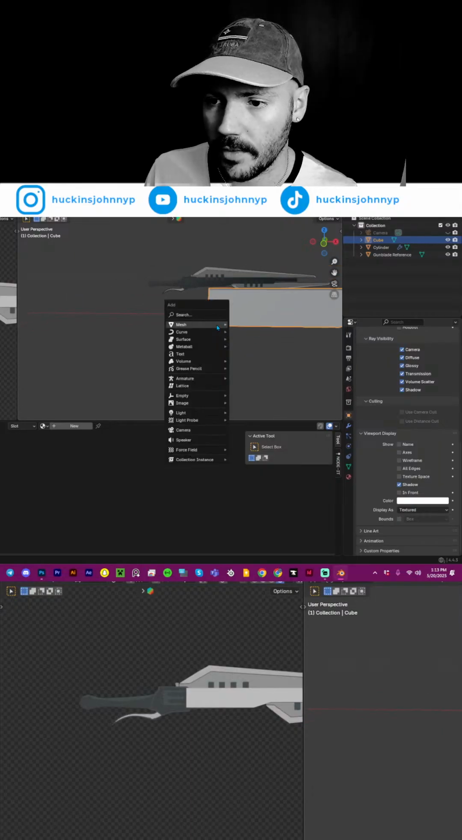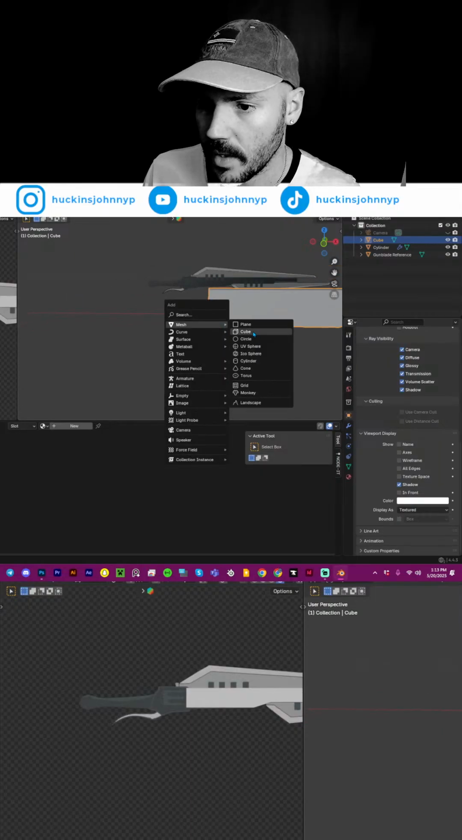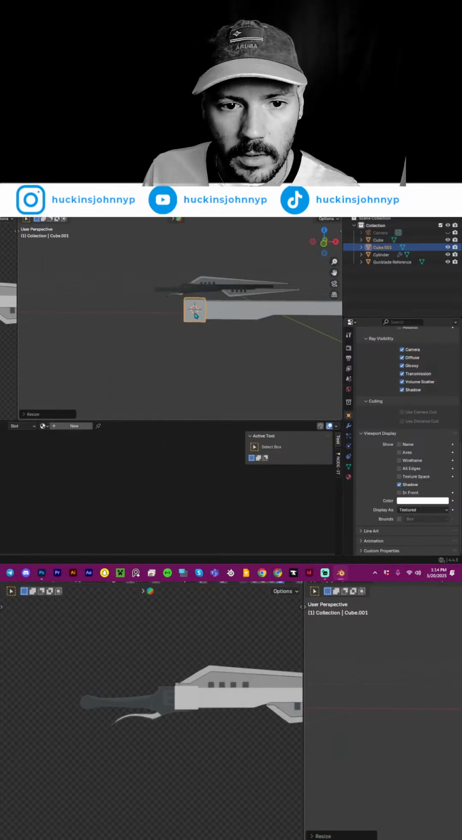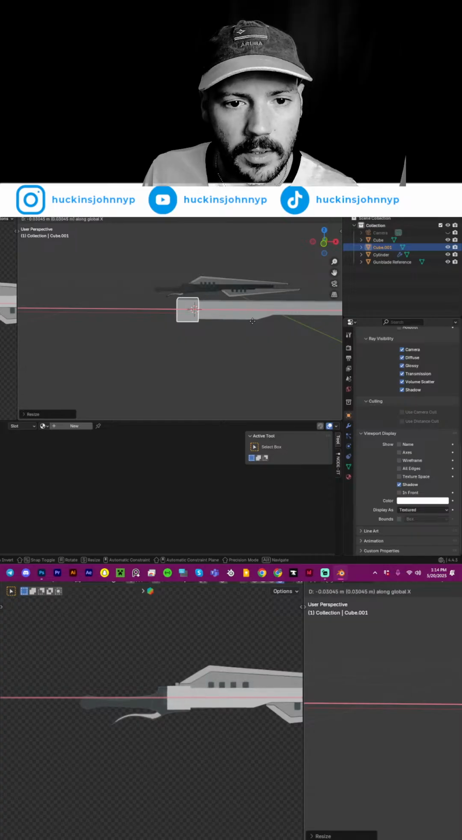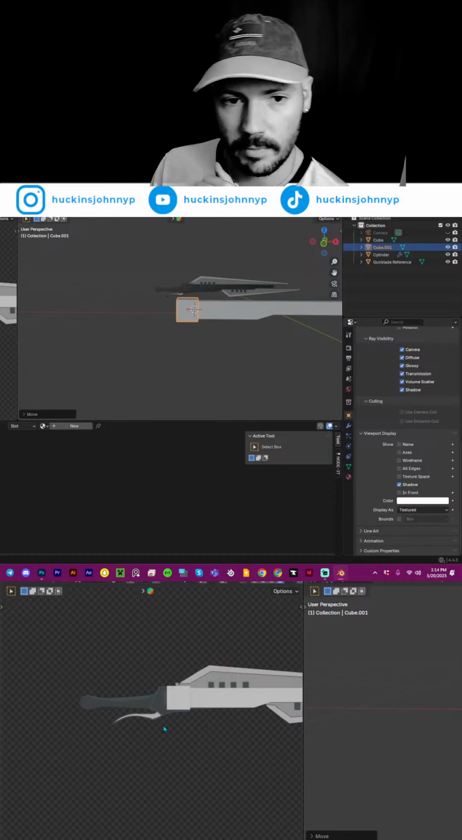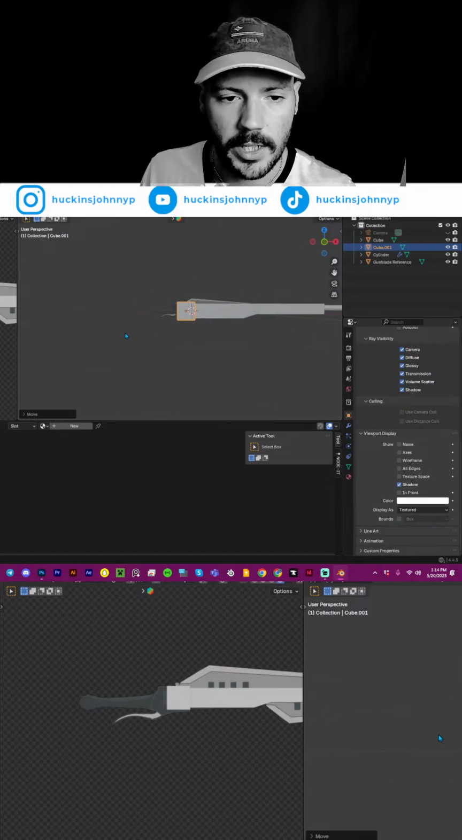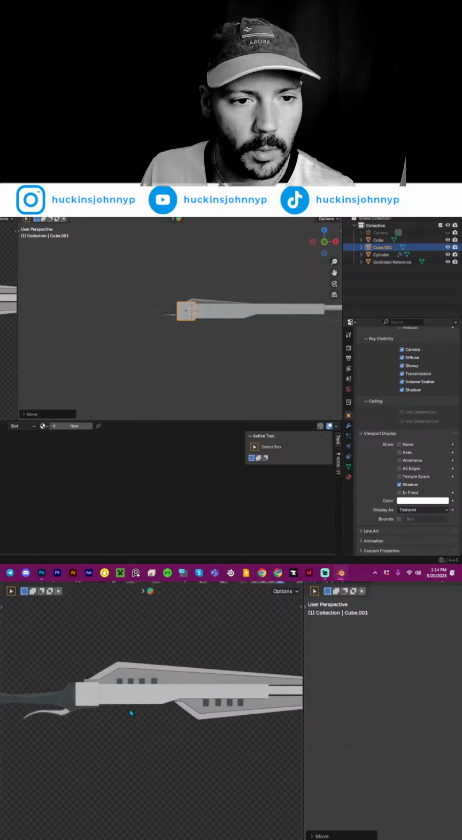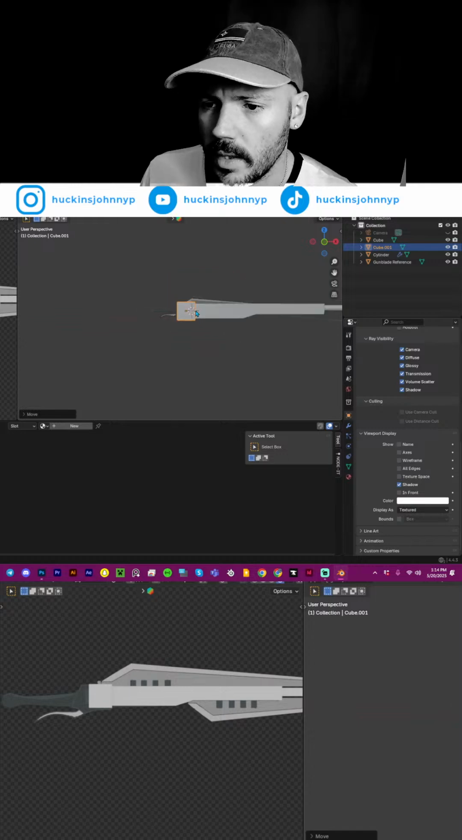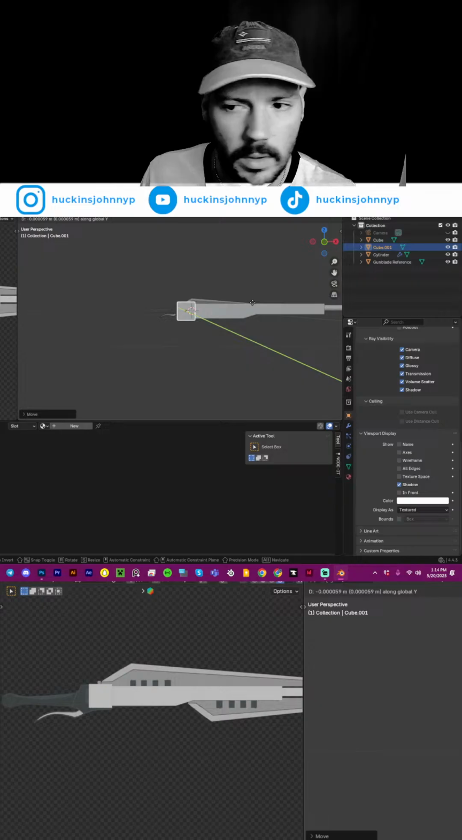And so then we can go Shift A, mesh, cube, scale the cube down, GX, and if you're watching the vertical stream, you'll be able to see at the bottom of the stream kind of my rendered view, which is very helpful for what I'm doing right now. We want this to line up. I'm going to bring this back, GX,